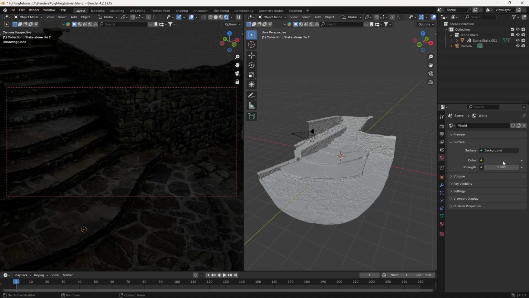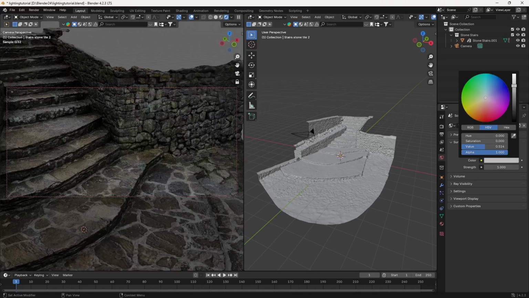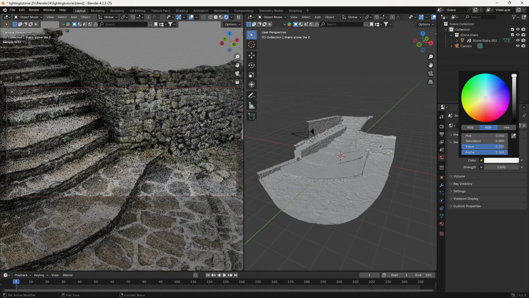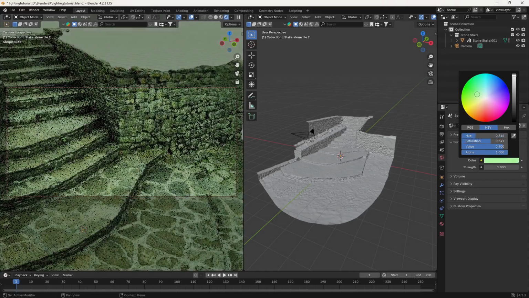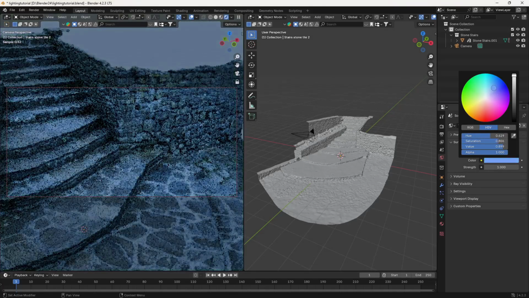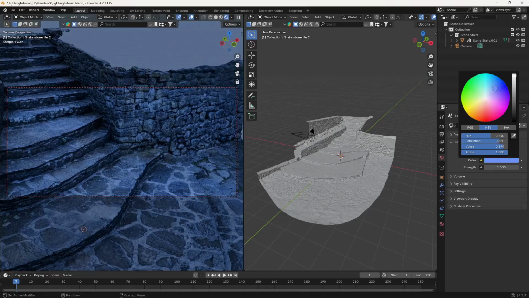If I change the color here to, let's say, a light color, now you can see we are getting this result because we have basically added a white HDRI in the background. So if I change my color here, you can see we are changing the atmosphere as well. We can combine the techniques of the sun and this background to create a really good atmosphere.